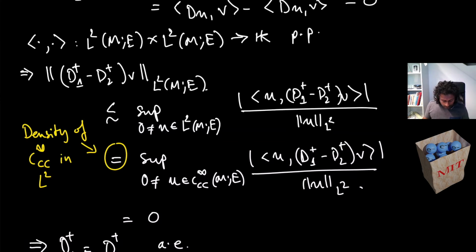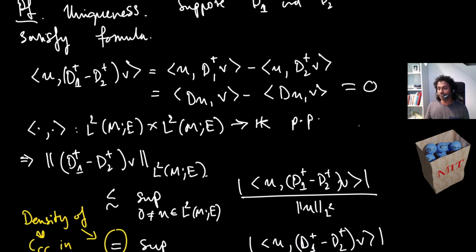Yes, so you're absolutely right. In a Hilbert space, this is true because it's a perfect pairing. But I wanted to really point this out, that the perfect pairing is the key property that comes in, because